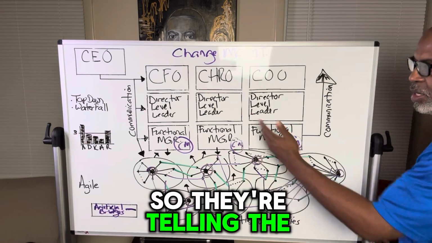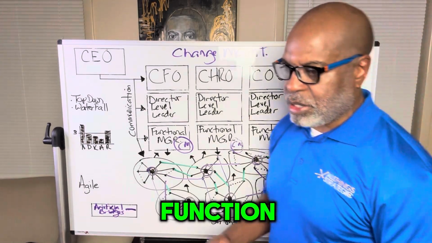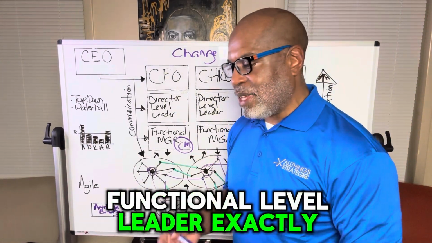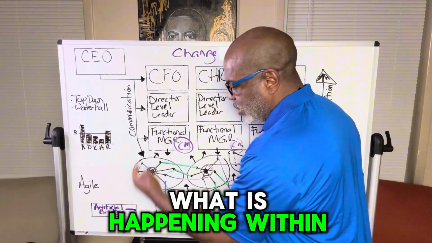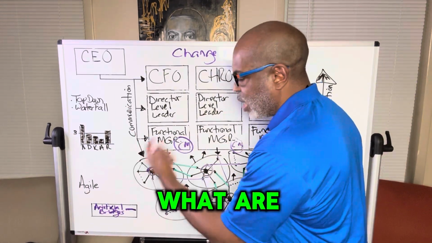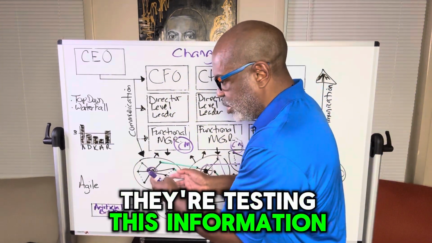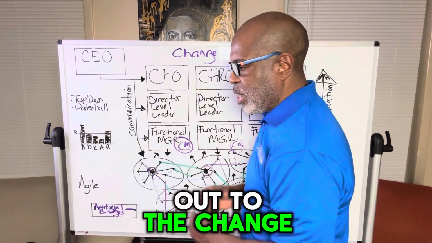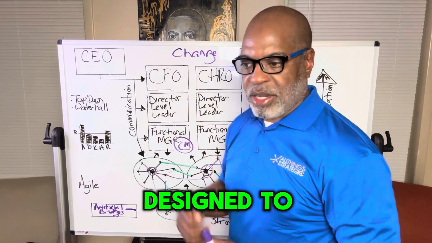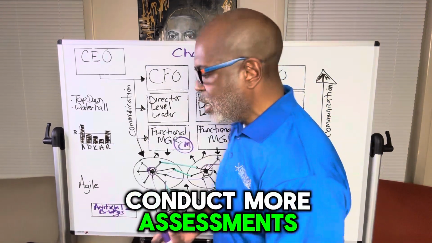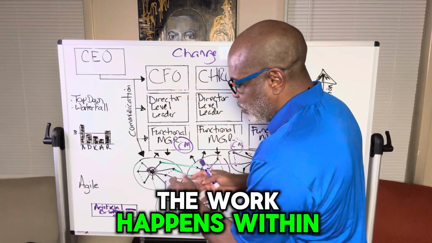They're telling the change manager and the functional level leader exactly what is happening within the clusters. What are the workarounds? What are the successful solutions? They're testing this information and communicating it back out to the change manager. The change manager is designed to continue to conduct more assessments,